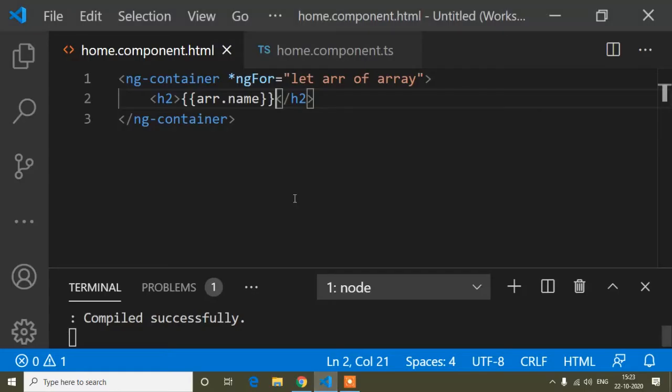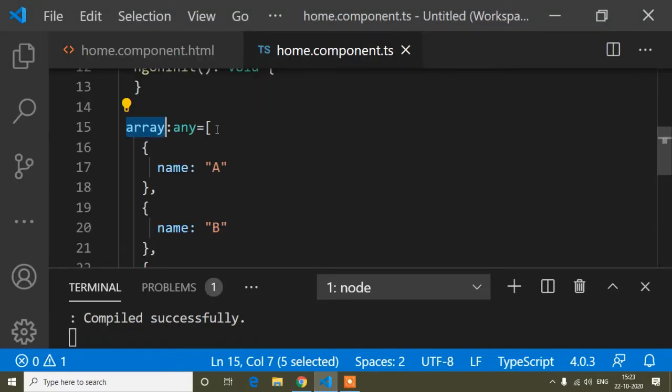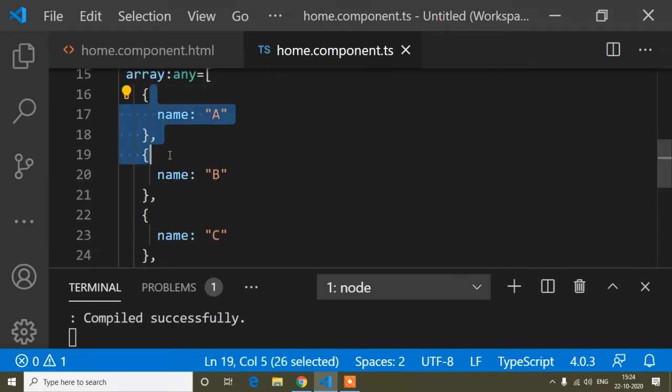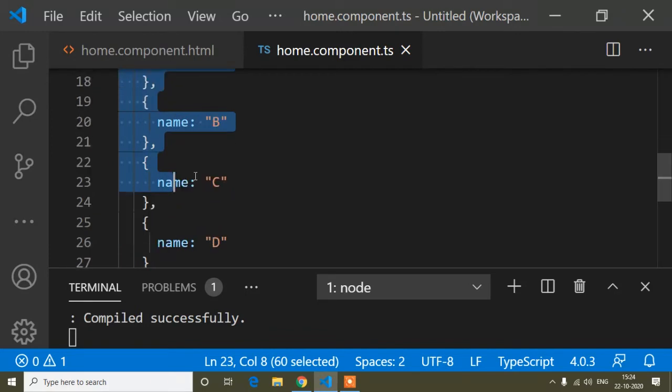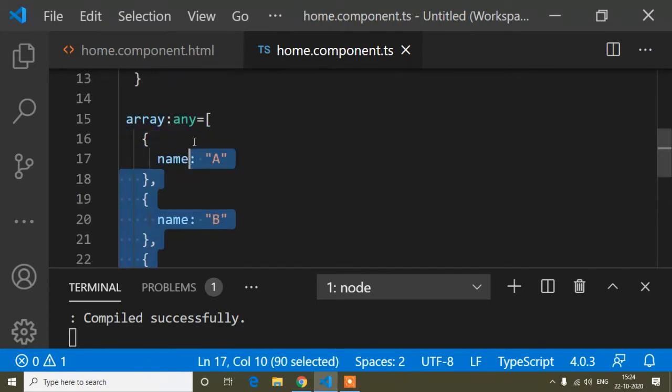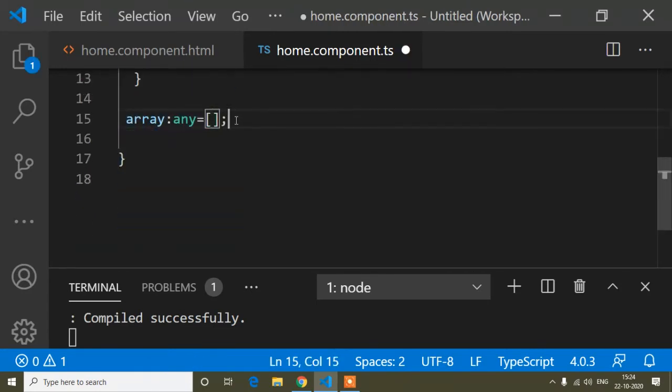So now here it's coming the value of an array: A, B, C, D. And now suppose, guys, here I have some object, or you can say data, in this array, and we are assuming this data is coming from a database. Sometimes it happens that the data coming from the database is blank. So suppose inside this array there is blank data, and we are assuming this data is coming from the database.